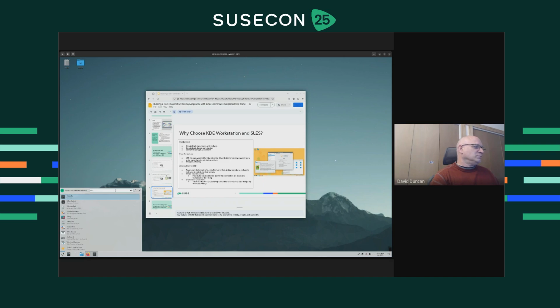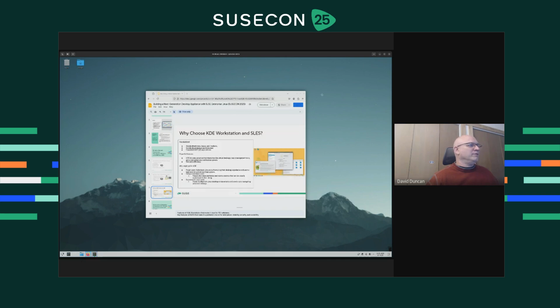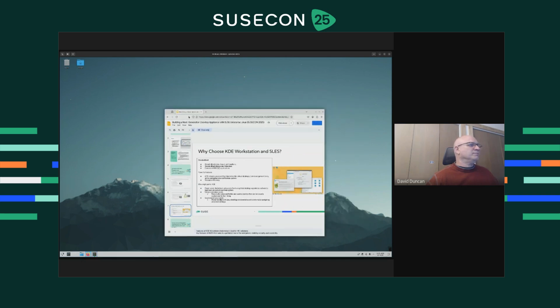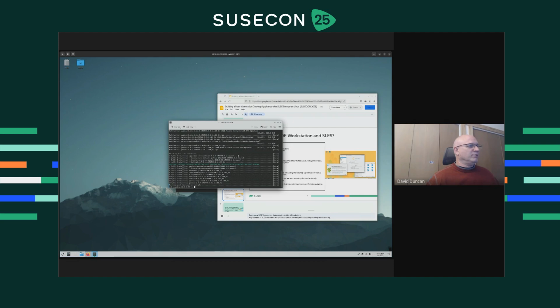The console, we can add software. Yeah, I recently added Podman to our configuration, so we could run our container-based workloads